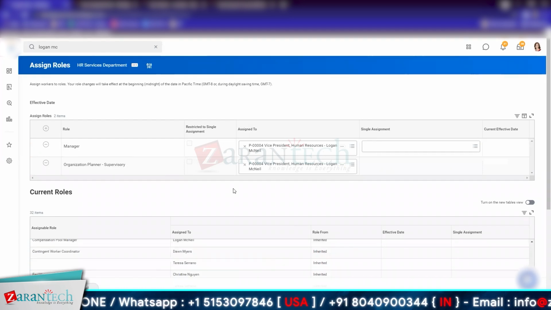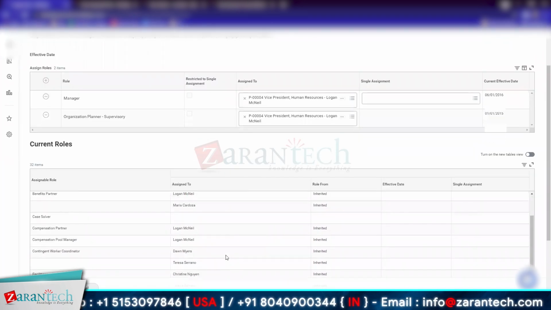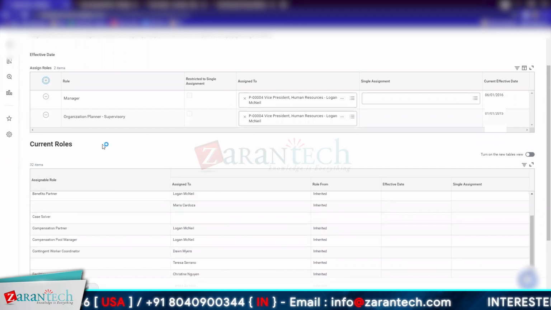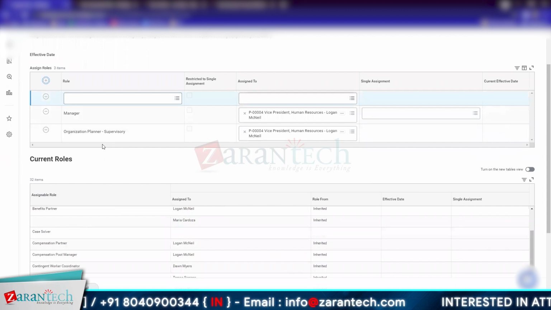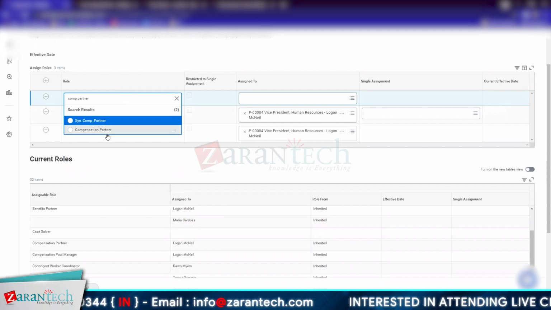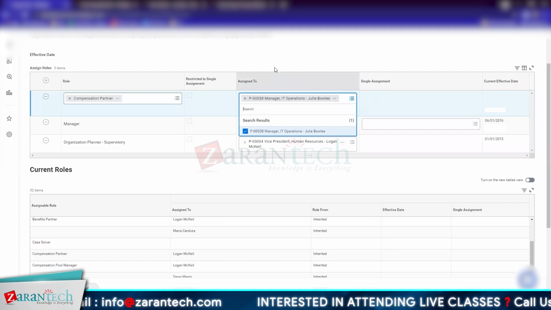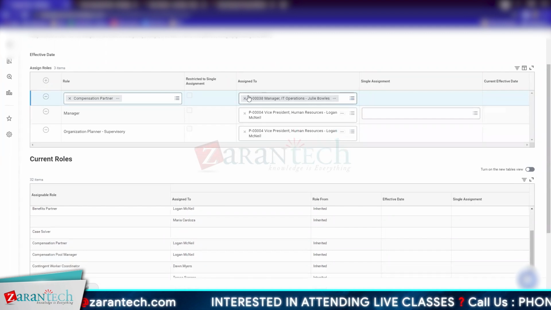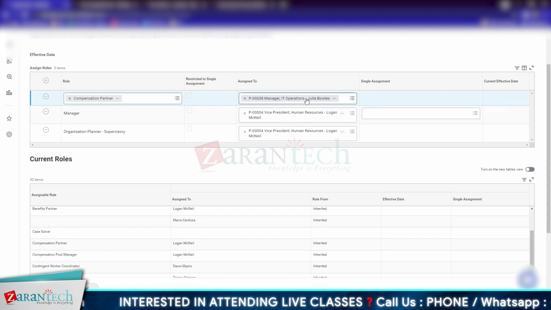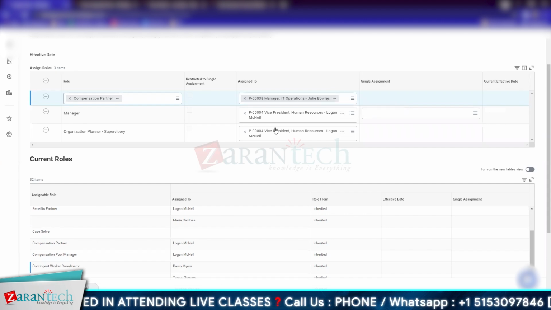So manager and organization partner has been assigned, the rest has been inherited. If I want to not use the inherited person, but I need to assign a specific person, say compensation partner, I can add plus, and I can override the inheritance, say compensation partner, and I want to assign it to say Yuli Bowles. So when I select Yuli Bowles, her position will be listed here, the P0038 Manager IT Operations, and assigning this